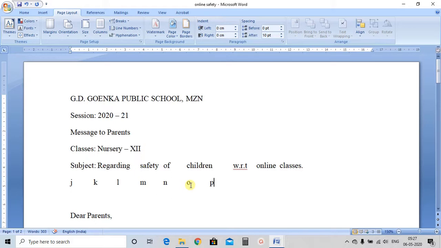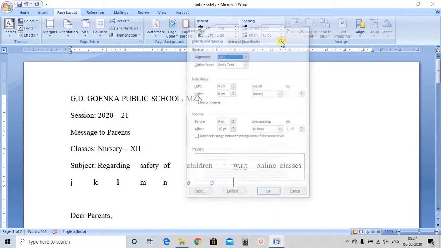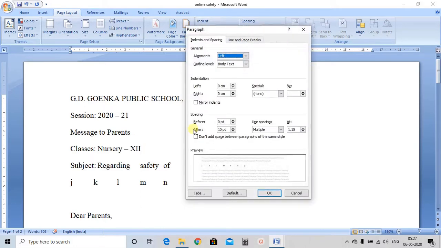Now if you want to increase or decrease this, it is called the tab stop position. When you press tab, the cursor will stop at a certain place. That tab stop position is 0.5 inches by default. So if you want to increase or decrease it, how will you do that? Go to the page layout tab, and under the paragraph group select this pop-up arrow. It will open a paragraph dialog box.